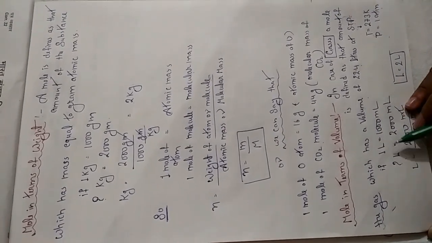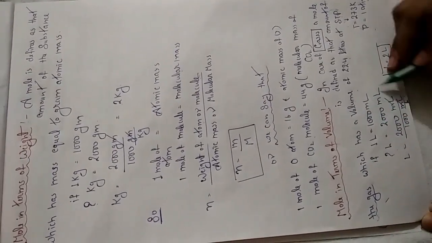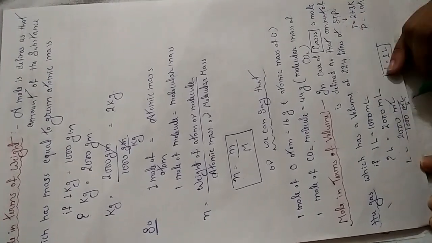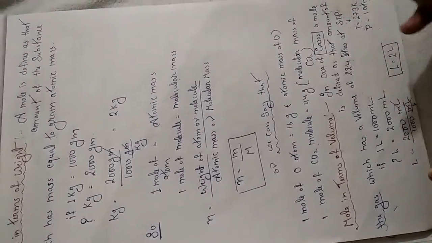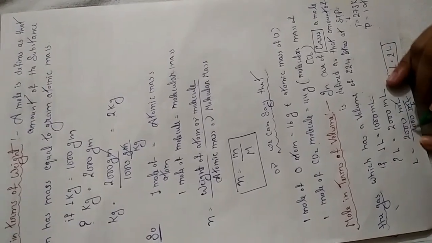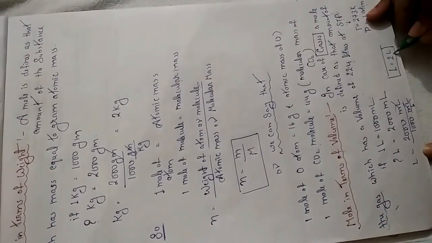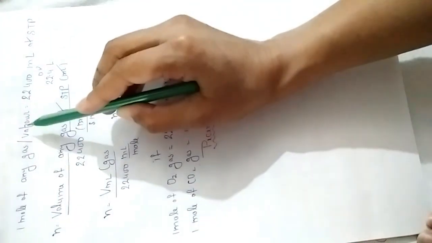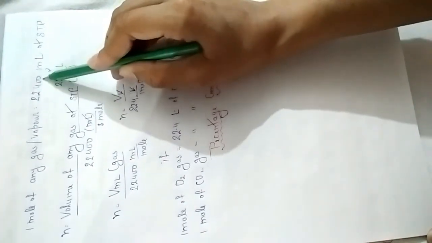So if I take the example that 1 liter equals 1000 ml, then how many liters will be in 2000 ml? Whatever be the volume, divide by the reference, and the reference is 1 liter equals 1000 ml. Whatever volume you have, you will divide it by this reference, that is 1000 ml per liter. ml will be cancelled and the answer is 2 liter. Clear? So we can say that for any gas or vapor, 1 mole will be equal to 22,400 ml